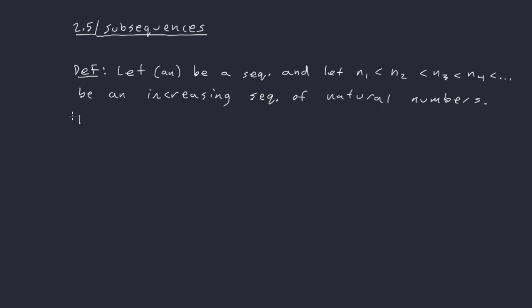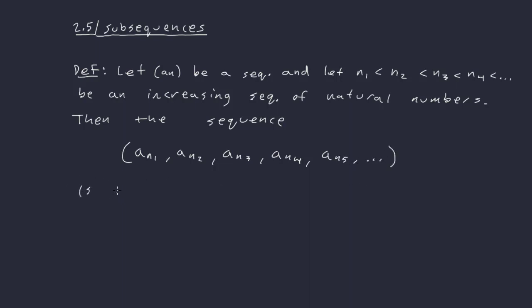Then the sequence defined in this way, where we take A but we count it with this new subsequence of the naturals, A_n1, A_n2, A_n3, A_n4, A_n5, etc., is called a subsequence of A_n,